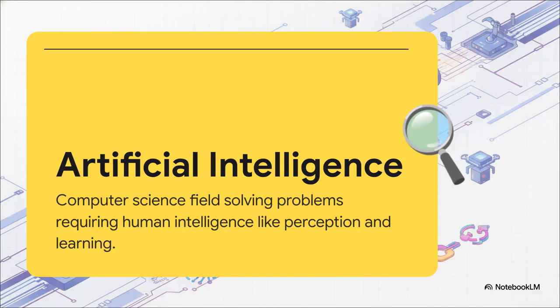Here is our foundational definition. AI is essentially a broad field of computer science dedicated to developing systems that solve problems typically requiring human intelligence. We're talking about things like perception, reasoning, decision-making, and learning. But here's the absolute crucial takeaway for you. Artificial intelligence is really just a giant umbrella term. Beneath this massive umbrella, you'll find a whole bunch of nested techniques that we use to actually make machines think.